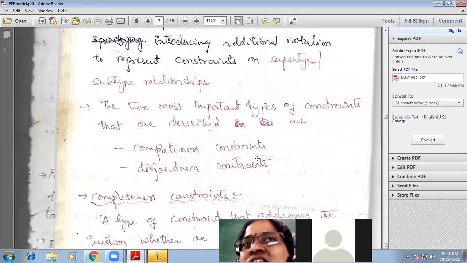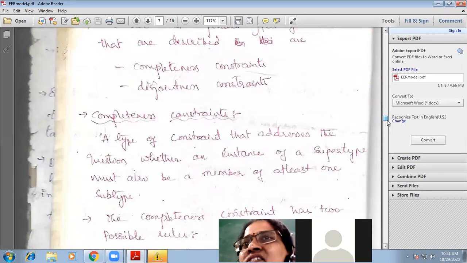The completeness constraint will specify whether the instance of a supertype should be a member of at least one subtype or not. We should know that one.